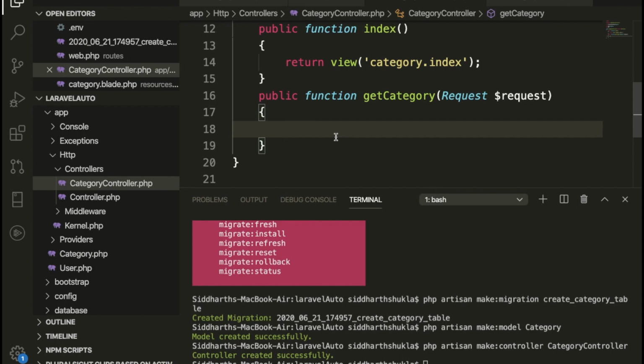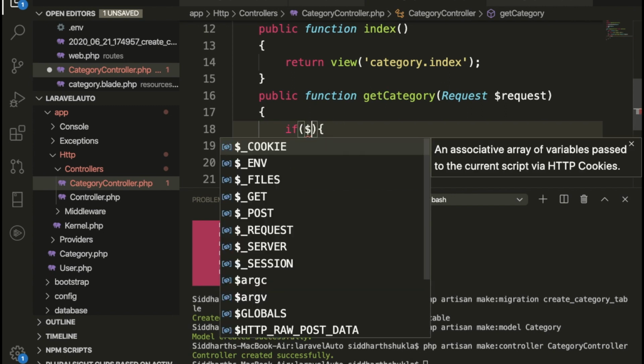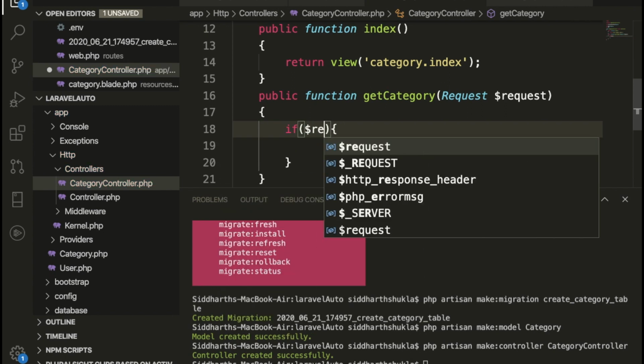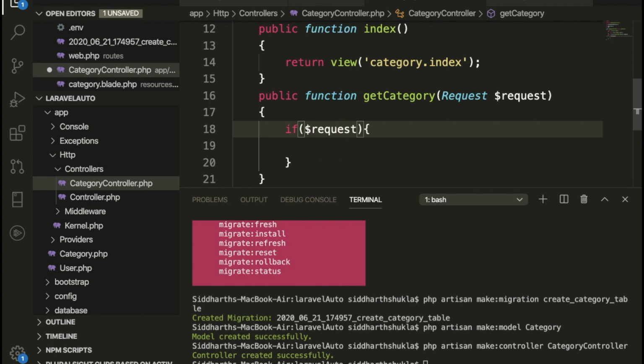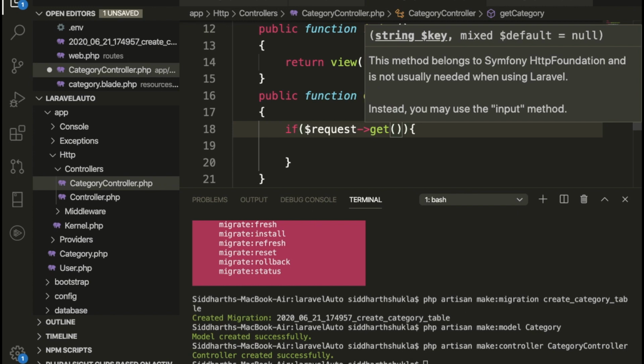So once I have created this Request here, then I need to type here, okay, I will explain you later also. If anyone hits the get request, which is query,